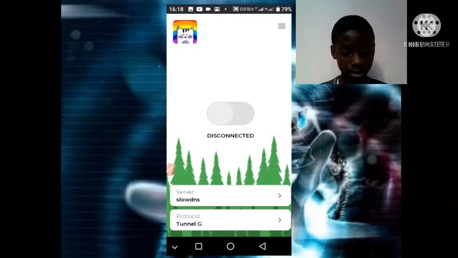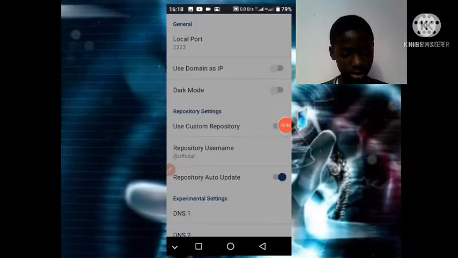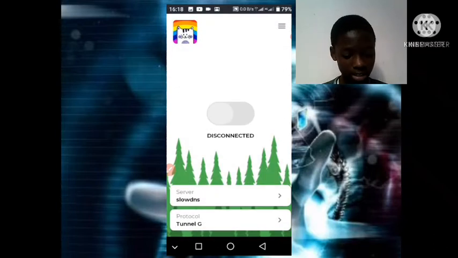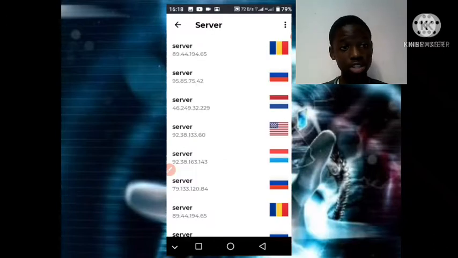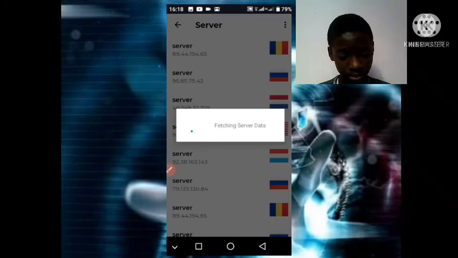First of all, it said we go into settings, then we turn on use, then it said we turn on use custom repository, then we turn on auto update, then it said we go back, then select server right here. But this is the first time opening the application, so there will be nothing here. I'll first refresh the page,